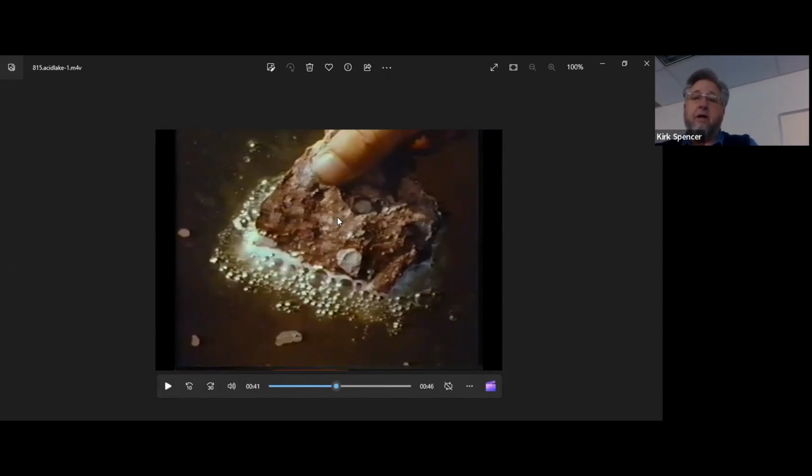However, both of the rocks that they show that they're putting into the lake are limestone. And limestone by its very nature will fizz in very dilute hydrochloric acid down to like 3 to 10%. It will fizz like that. So just because this rock is going crazy doesn't mean that it's dissolving it away. If they put a granite in there, it probably wouldn't do anything. They're using a specific type of rock. So that's what